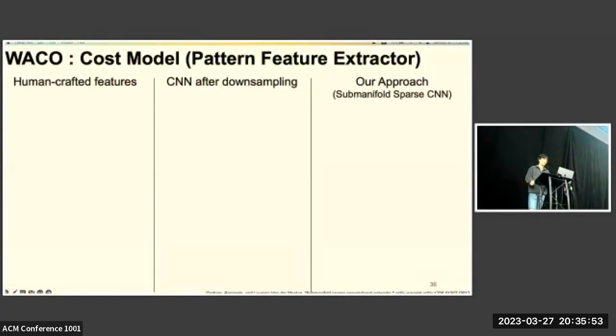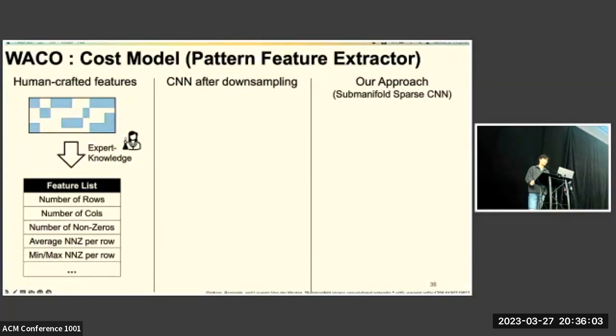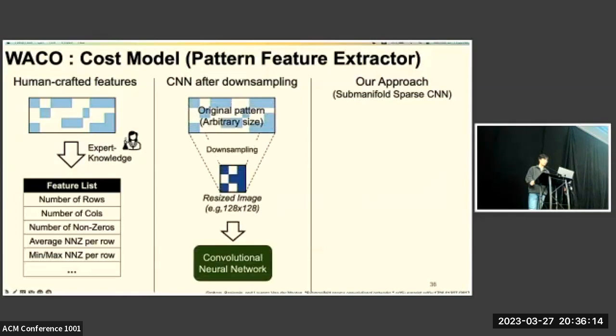There are 2 main approaches for understanding sparsity patterns in previous sparse autotuners: human-crafted features and convolutional neural networks after downsampling. Human-crafted features are basically a list of statistical features of the pattern designed by experts. While simple and effective, this approach can miss a lot of important details of the pattern. On the other hand, more recently, convolution after downsampling treats the sparsity pattern as an image and feeds it into